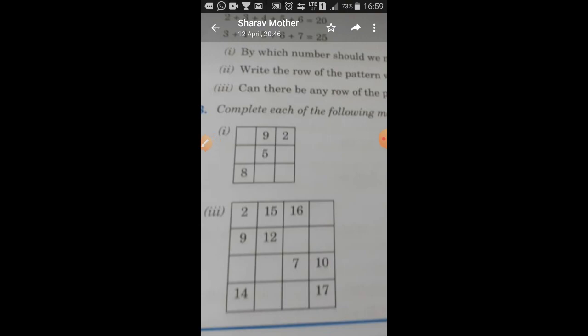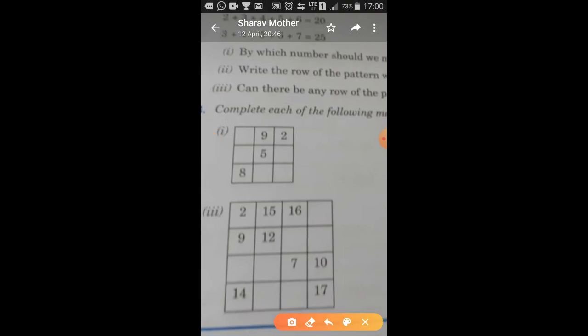Okay, so now let's move on to the next magic square, which is a 4 into 4 magic square. Like this one was a 3 into 3. You had three boxes horizontally, 3 boxes vertically, 3 boxes from corner to corner. This was a 3 into 3 box. Now what you see on the screen over here is a 4 into 4 box. It has got 4 sides everywhere, meaning 4 small boxes everywhere.